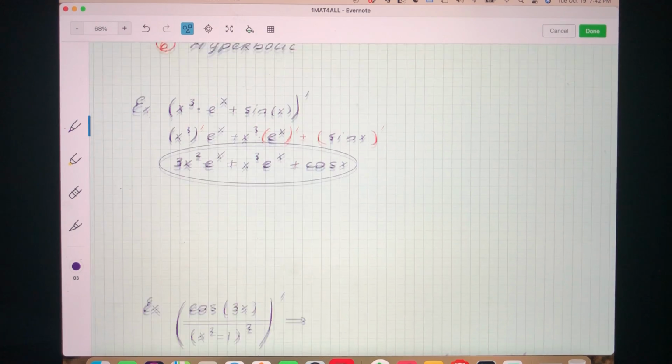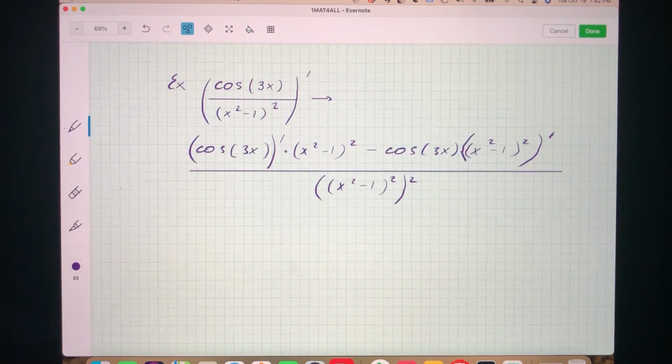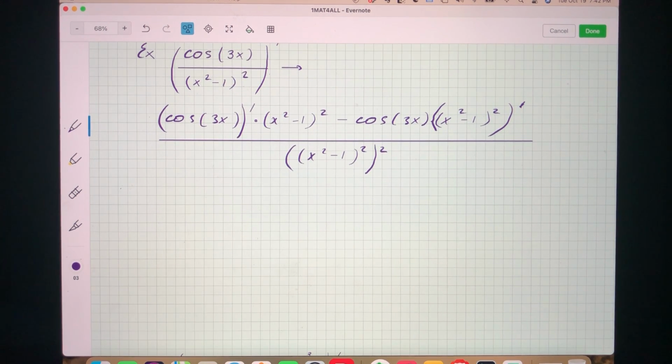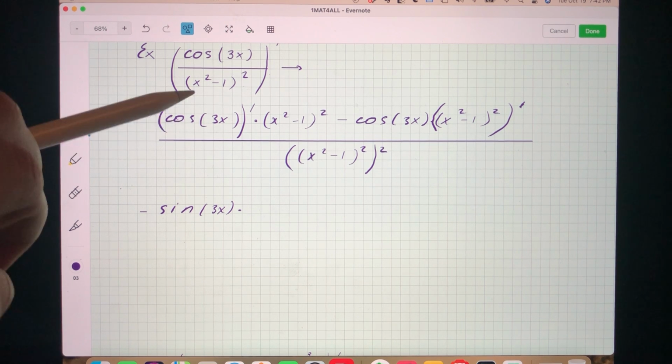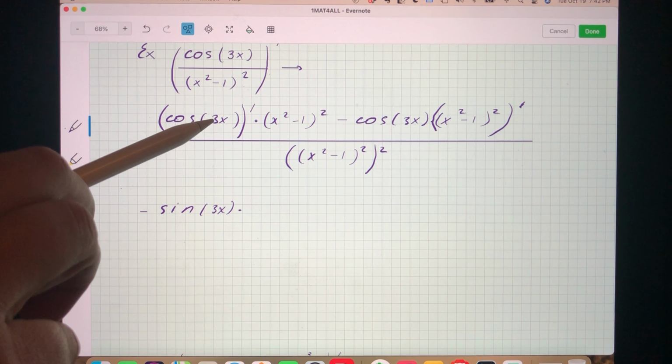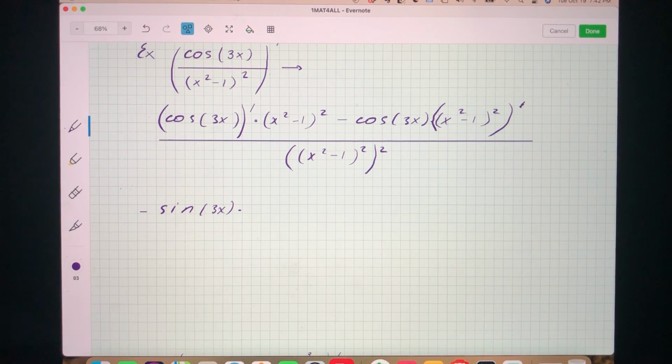So here we have the derivative of cosine 3x. Well, what is the derivative of cosine? The derivative of cosine happens to be negative sine. So we get negative sine of 3x times, by chain rule, the derivative of the inside. Because our function is more complex than just x, we also need to multiply by the derivative of the inside, and derivative of 3x happens to be 3. Then